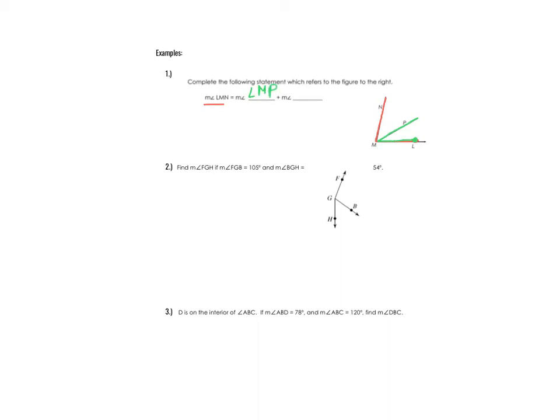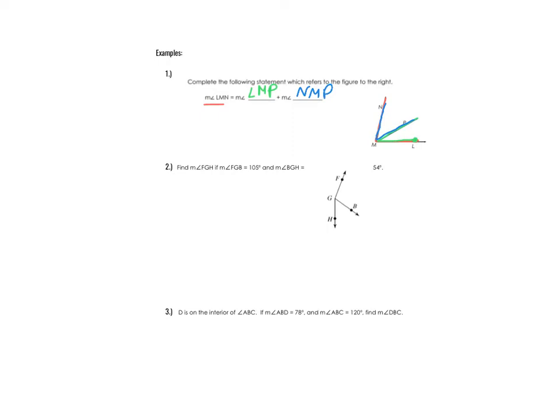And by the way, you could also call it PML, as long as I can take my finger and run it across your sequence of letters and M would be in the middle. That would be fine. So the angle that is on top, the other part of this whole angle, involves N, M, and P. In the same situation, you can call that NMP as I ran my pen over it, or PMN. Either way is fine. So I'm going to call it